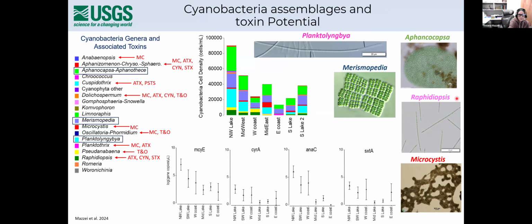The cyanobacteria that contributed the most to the total biomass were Aphanocapsa, Merismopedia, Planktolyngbya, and to a lesser extent, Raphidiopsis and Microcystis. And the bottom graph here is showing the distribution of the biosynthesis genes from left to right, so microcystin, cylindrospermopsin, anatoxin, and saxitoxin. All 4 genes were present in all